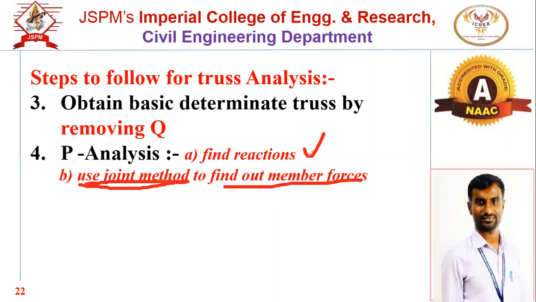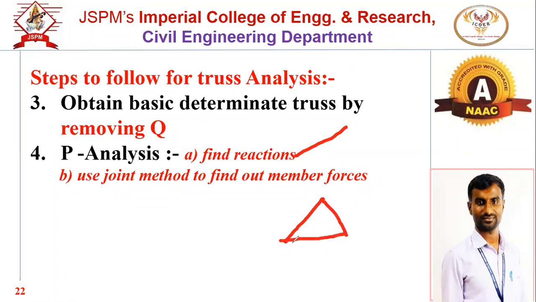Now tell me how to find out the reaction. We will discuss in detail. Initial point is what? Find the reactions. Now can anyone tell me how to find out this reaction? Suppose this is the truss like this. Determinate आहे. एक hinge आहे, एक roller आहे. This is hinge, this is roller. Okay, and this is load of 10 kilonewton. So what is the basic funda to find out the reactions here?